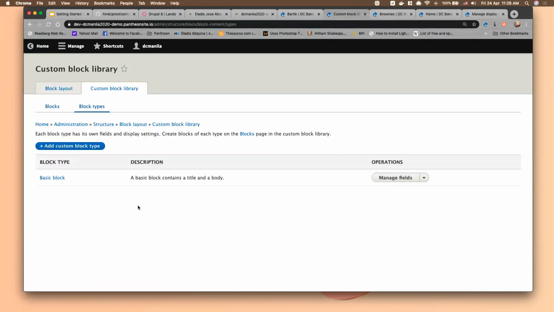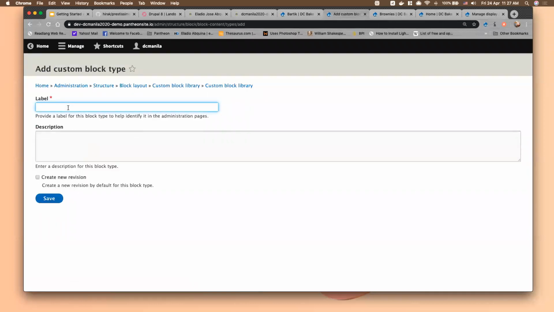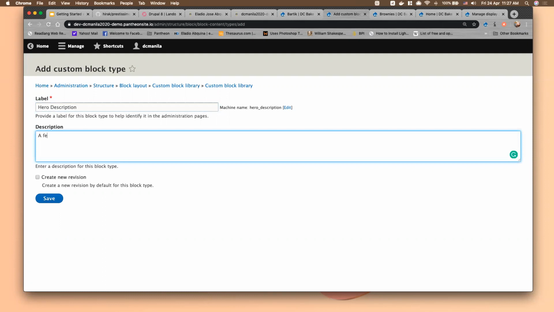And just recently, if you have seen me create custom content types, there's also a thing now called custom block types, where that original block we created earlier, this is just a text field, right? It is a text field. I don't probably want just a text field. You probably want a block that contains a picture and also a section. So I'm gonna call this hero image or hero description, maybe something like that, and a featured image and